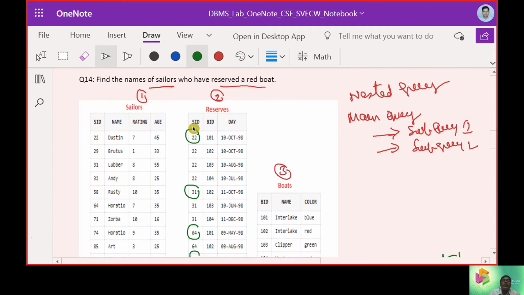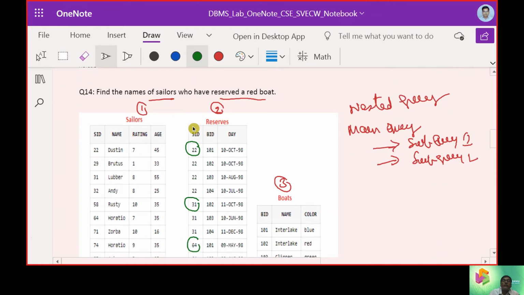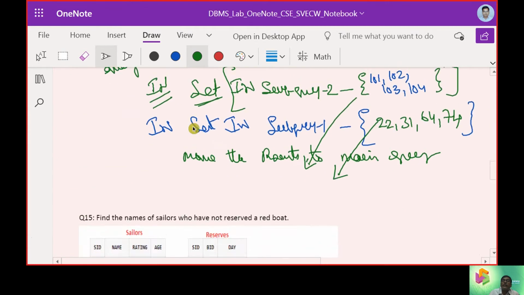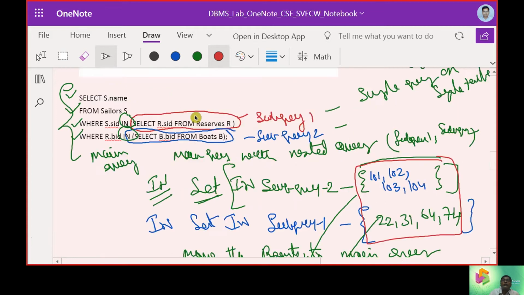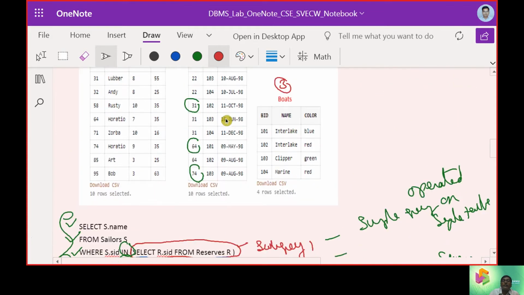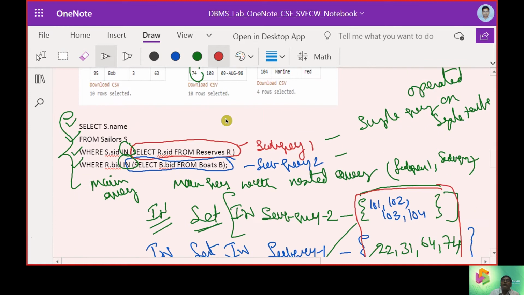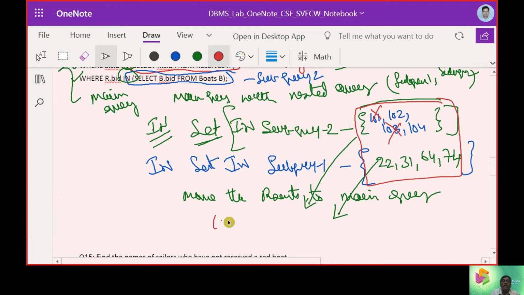So now let us understand here. Who has reserved only a red boat? When we are going to call it a red boat, automatically 101, 103 will be eliminated.